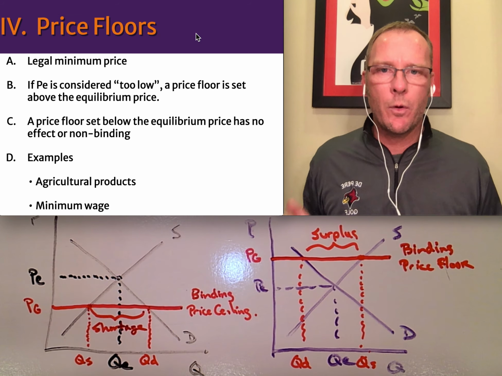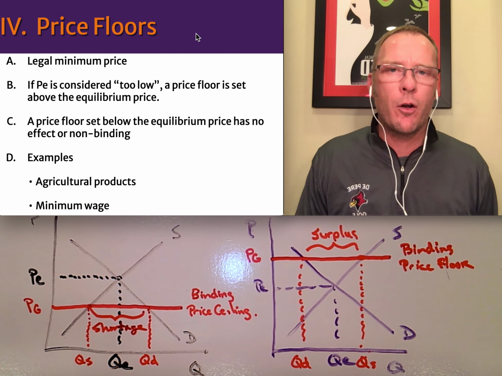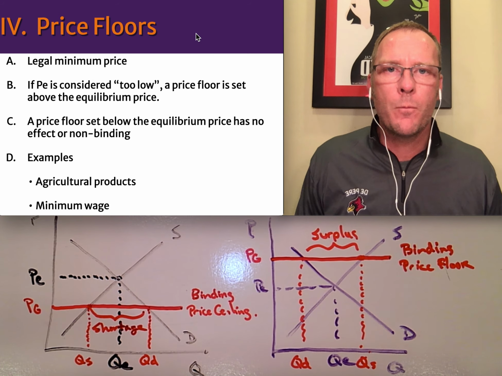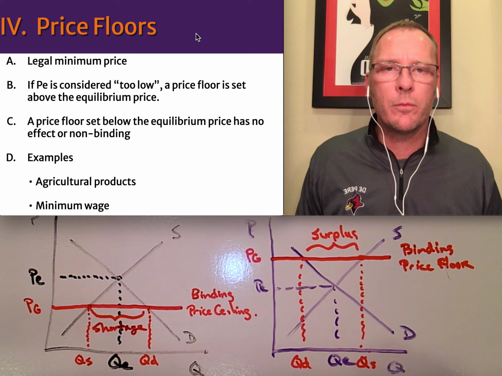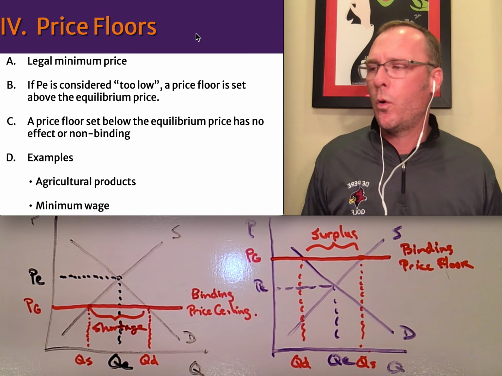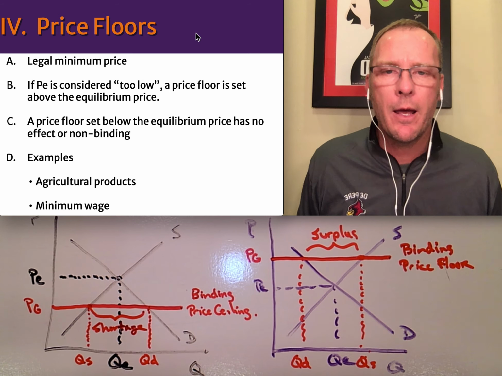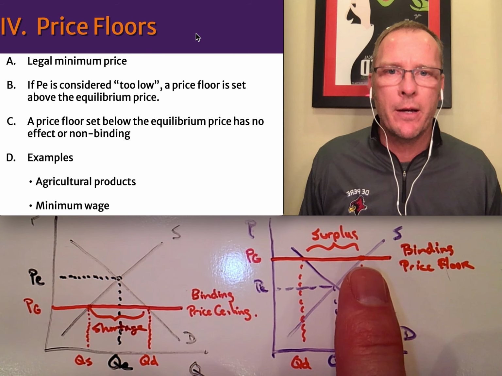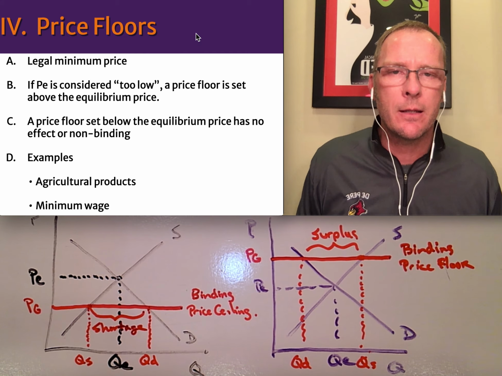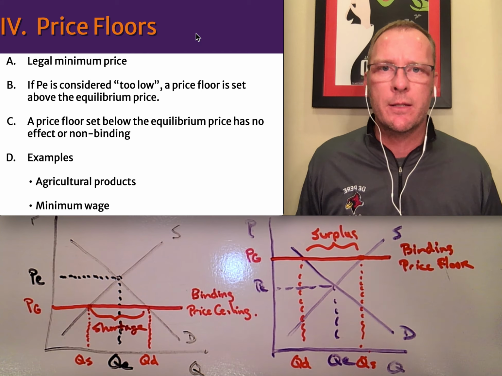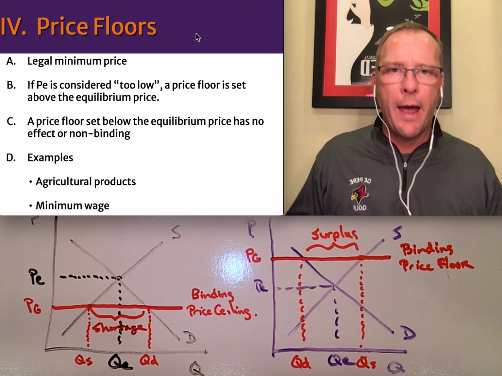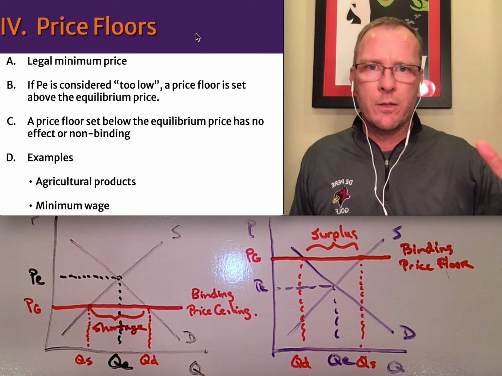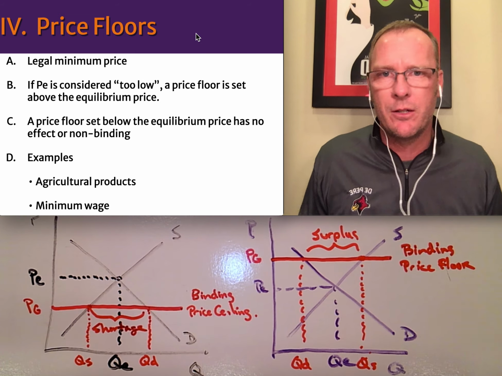Now, sometimes what happens, especially with something like agricultural products, if we end up with this surplus up here, what might happen is the producer will still make it. So I'm still going to milk the cows, right? And even though the demanders don't want it, I have to make it because this is the price that we're setting up here. And then you get to see people dumping milk. Sometimes you'll see that. They'll milk the cows, they don't know what to do, they have the milk, and so they'll just dump it in a field someplace, or they'll mix it in with some food for some other animals, or whatever it might be, but they just get rid of it.